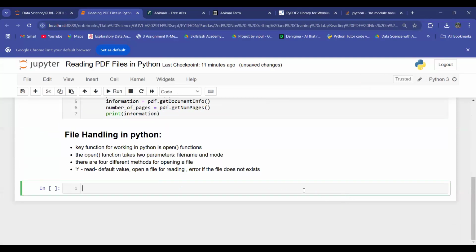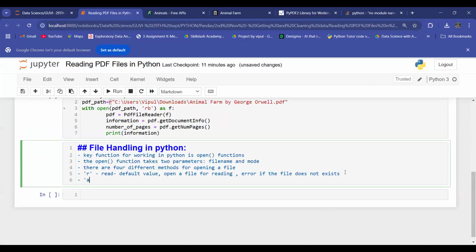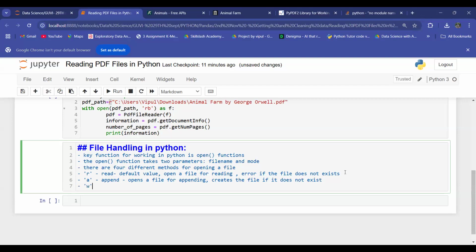Then we have A, which is append, which opens a file for appending. It will create the file if it does not exist. Then we have W, which is write, which will open the file for writing, and creates a file